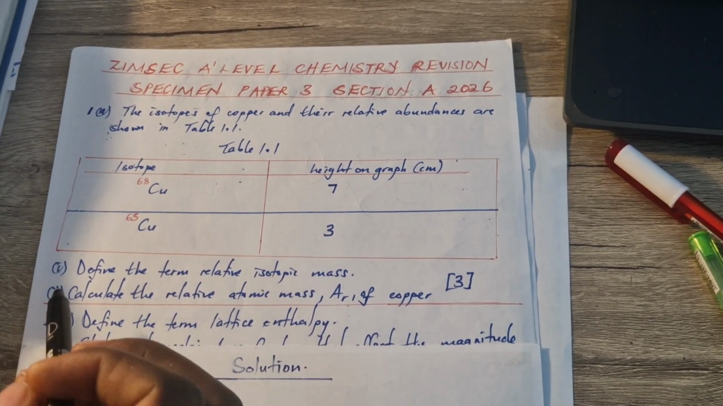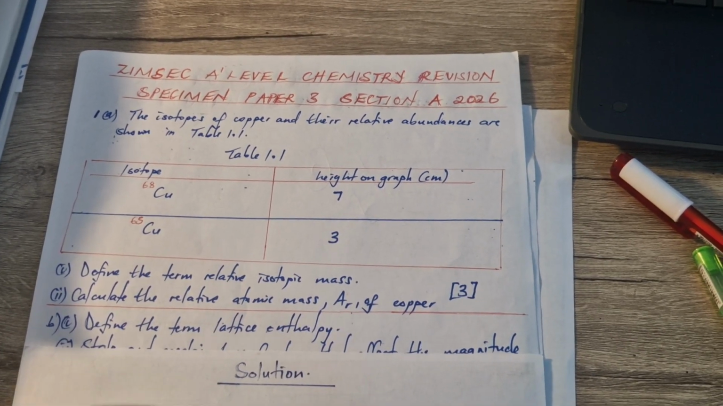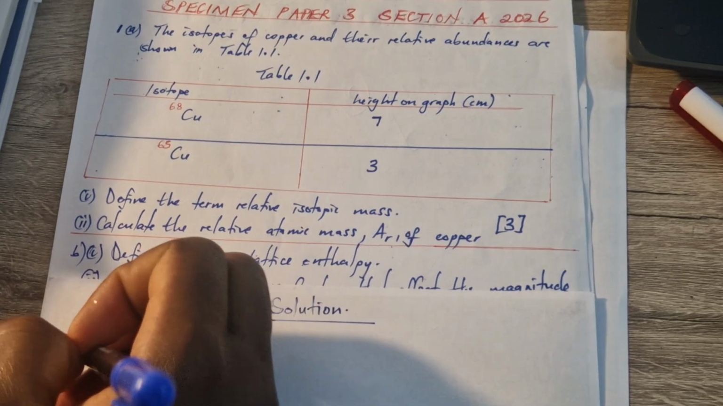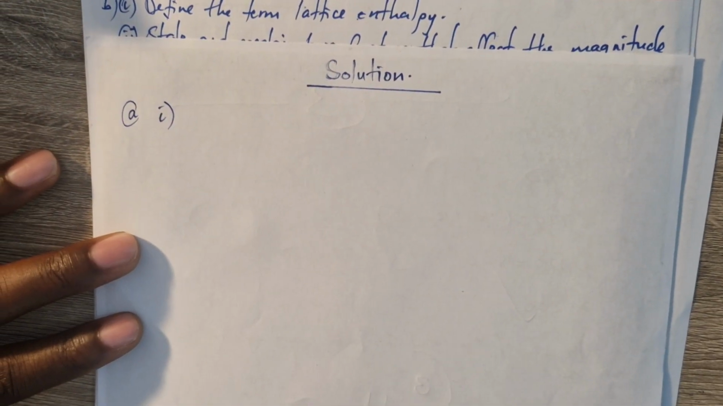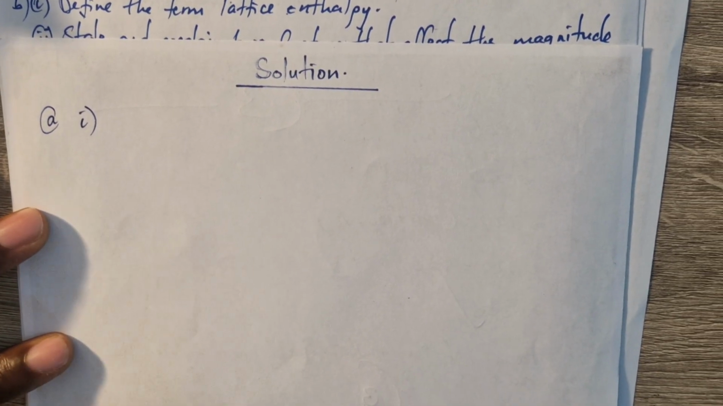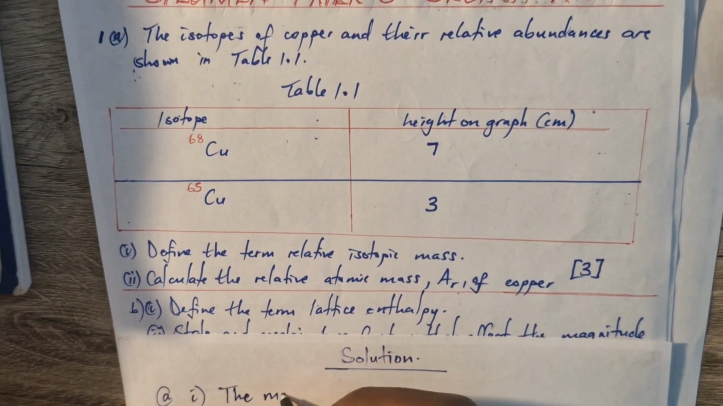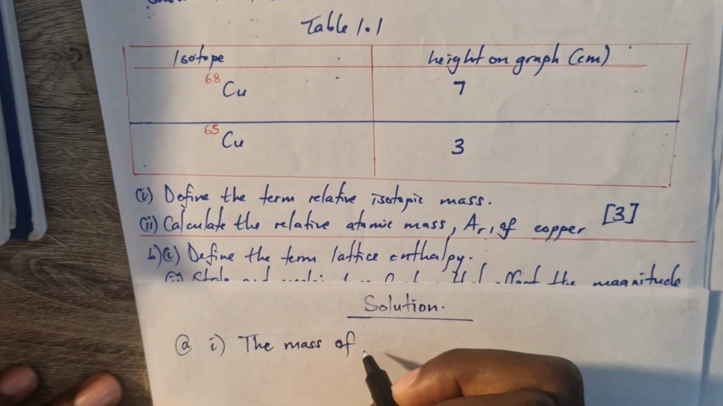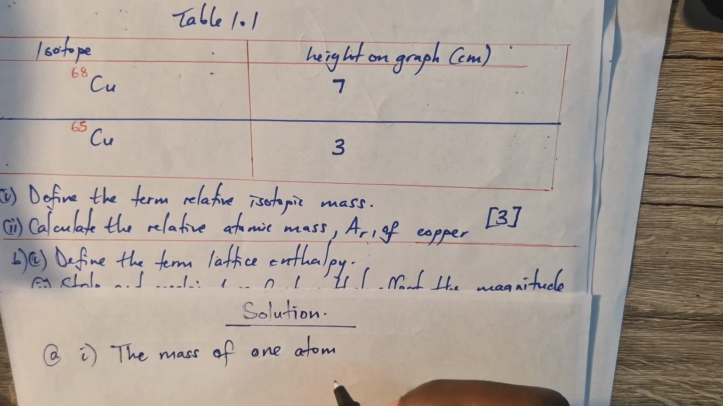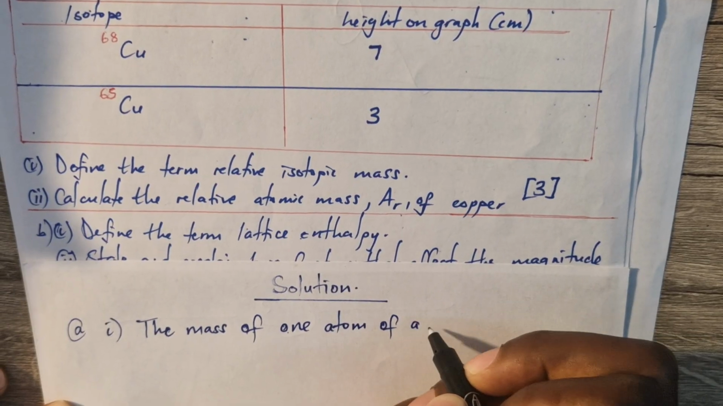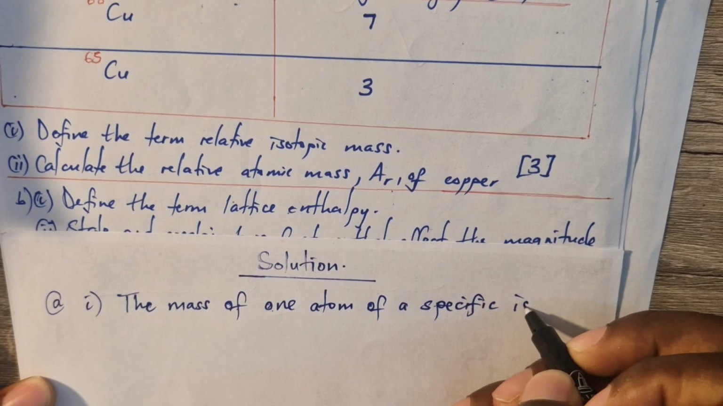So the first question is saying define the term relative isotopic mass. So to answer this question on part 1, relative isotopic mass, this is the mass of one atom of a specific isotope